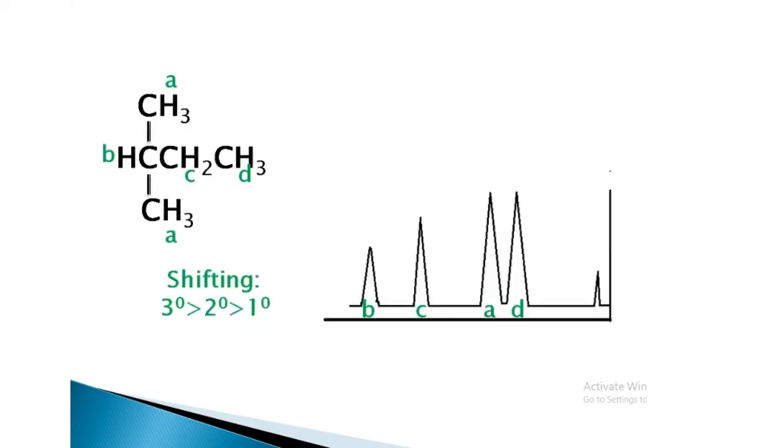In fact, let me show you the actual ppms here. The A and D hydrogens would peak probably around 0.85 ppm, the C hydrogen would peak at 1.2 ppm, and the B hydrogen would peak at 1.5 ppm. Notice these shiftings are not drastically different. Remember, the chart goes from 0 to 10. If we looked at the zoomed view, four of these peaks would be bunched together at less than 1 ppm. However, remember our NMR is a very sensitive machine, and it is sensitive enough to resolve these peaks.